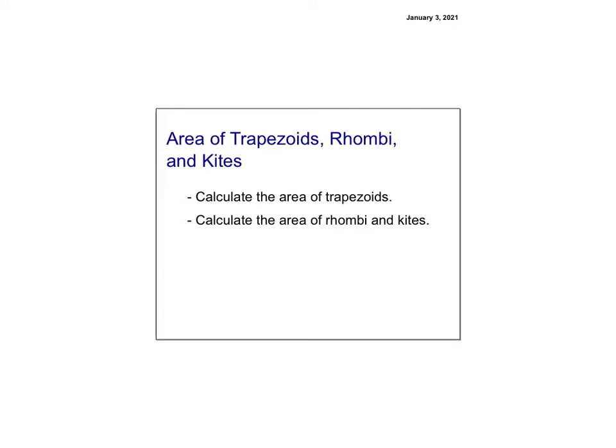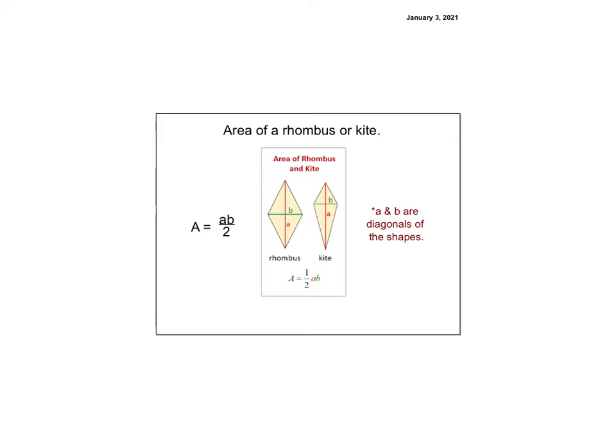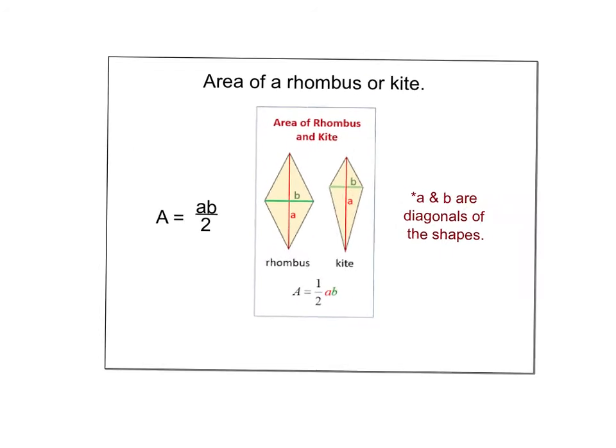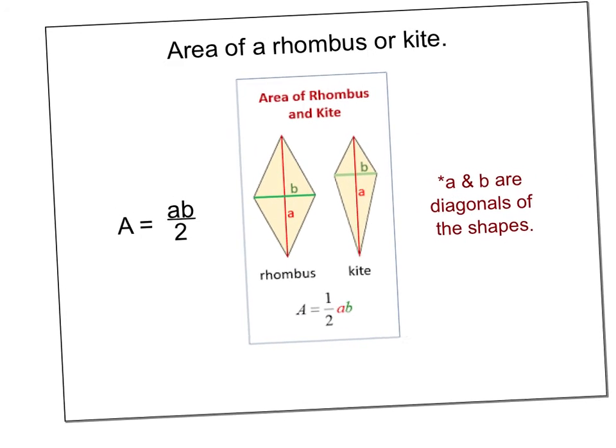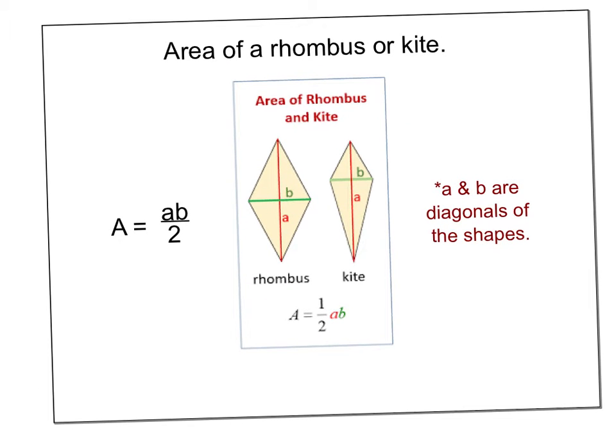Today we're going to be talking about finding the area for rhombi and kites. Now what you'll notice with a rhombus and a kite, they have the same kind of shape to it. And when we talked about them in our quadrilaterals unit, we did see that they shared some properties. But one of them is that they both have diagonals that are very important to help us find the area